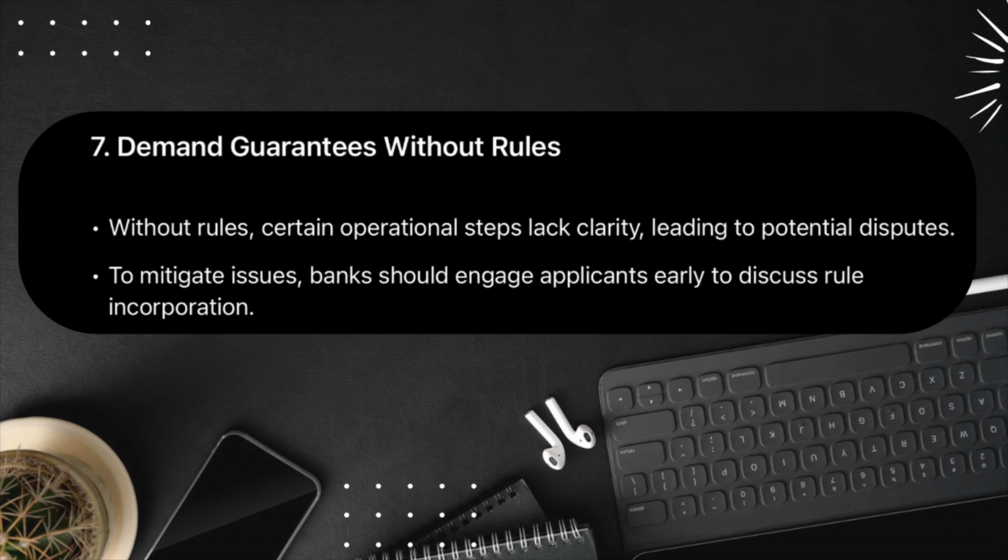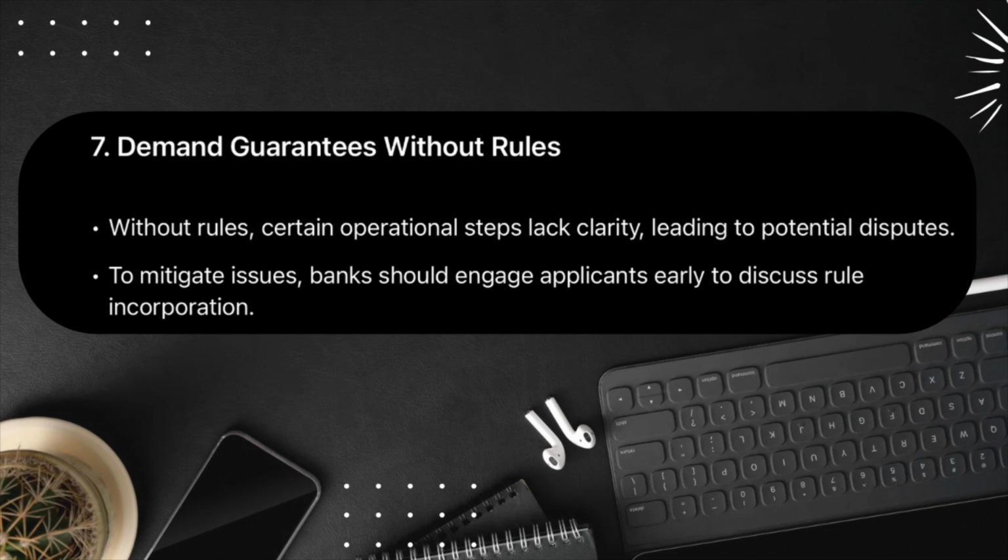The solution to this problem is dialogue and education. There is no point in waiting until the customer sends the bank an instruction to issue a guarantee using a set of texts. Then it will be too late to start a conversation on whether to incorporate rules in the guarantee. It is much better to raise the issue of applicable rules at the time of negotiating the facility for the customer. If the customer is reluctant to agree, offer the customer information and training on the rules. This can enhance the bank-customer relationship and make guarantee operations smoother and more efficient.